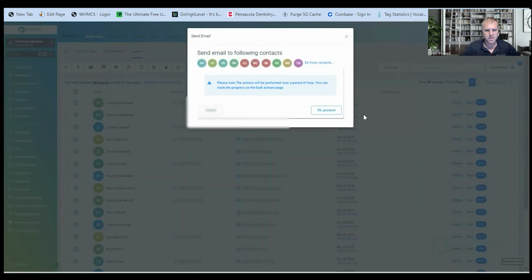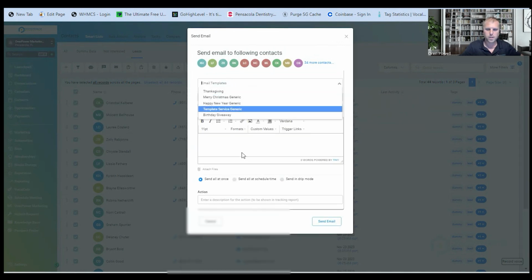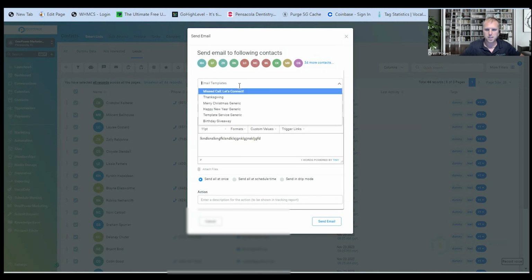Email is the same exact concept as you saw with the text message. I could select all the contacts again. Okay, proceed. And then whether I could build my own email I want, or I could select a template. For example, it might be a good time to do a 4th of July email blast here. I'm guessing since Independence Day is in 2 days, you can build yourself a 4th of July email blast to go out to your potential clients or your current clients or your